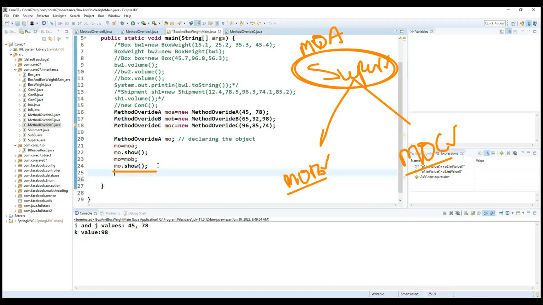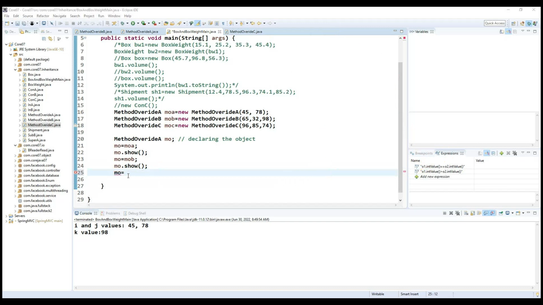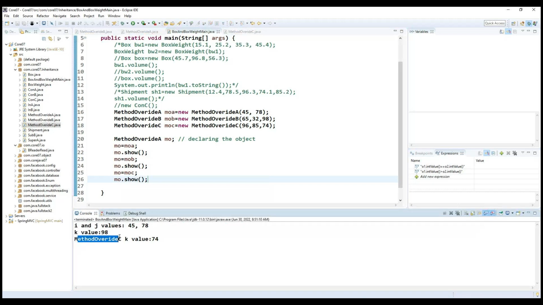Okay, same way. Now what I'm doing here, MO is equal to new MOC. So this is one more child class object I'm passing here, and finally MO.show, the same show method we are having, the same method I'm going to call here. Okay, now observe carefully. Now the last method, you can observe carefully, method override C, the k value it is